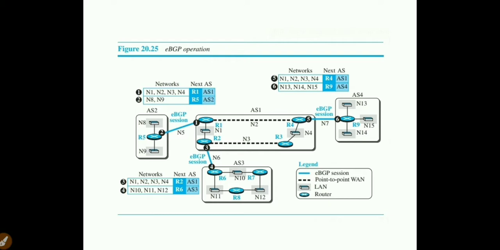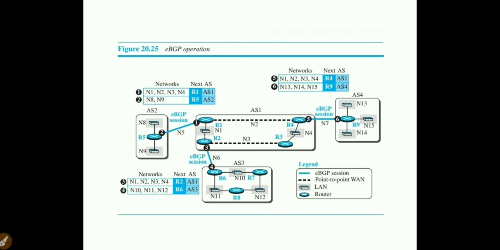The next hop will be router 1. So through router 1, any incoming packets can be sent to the networks N1, N2, N3 and N4, which are available in autonomous system 1. This is the message sent by R1.